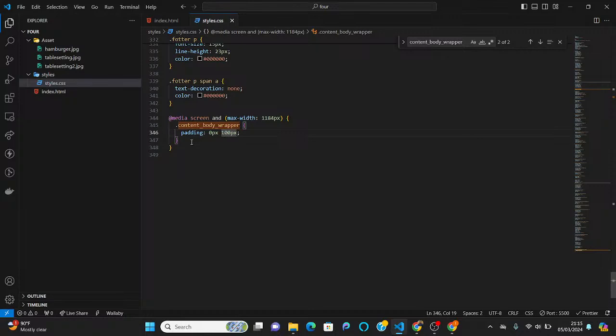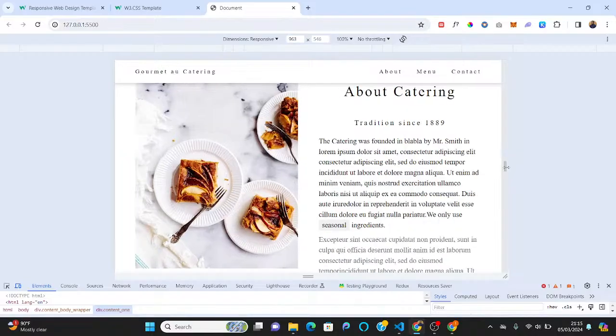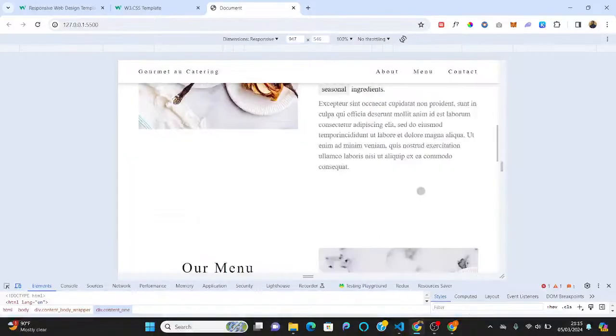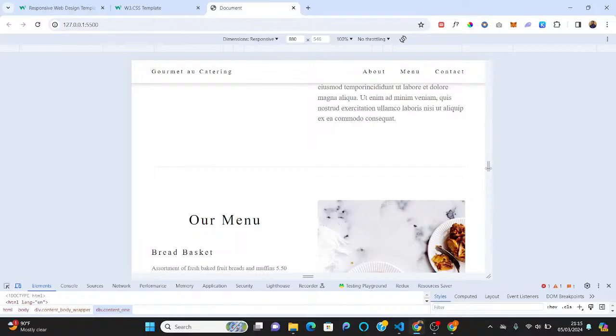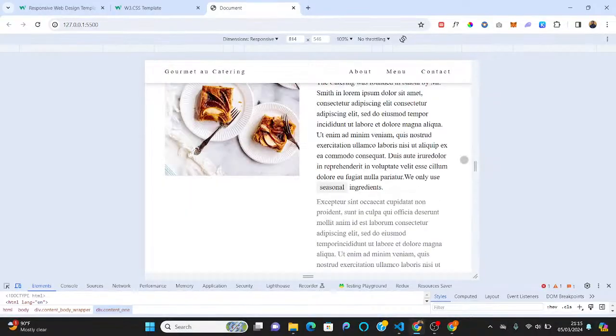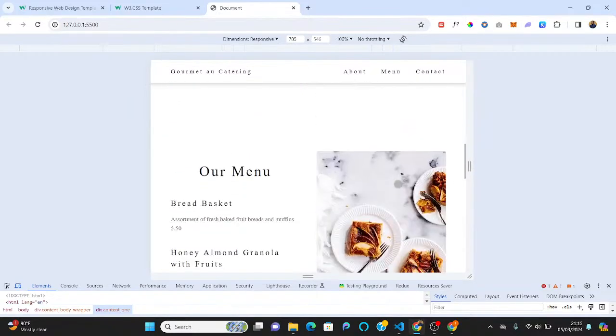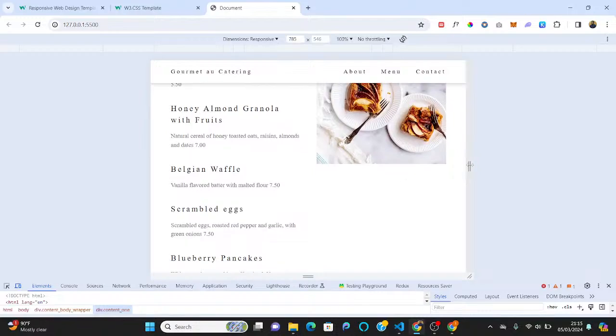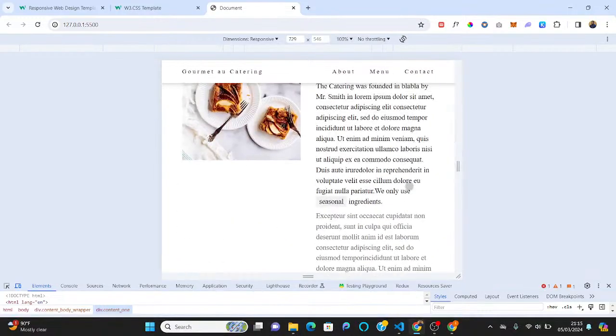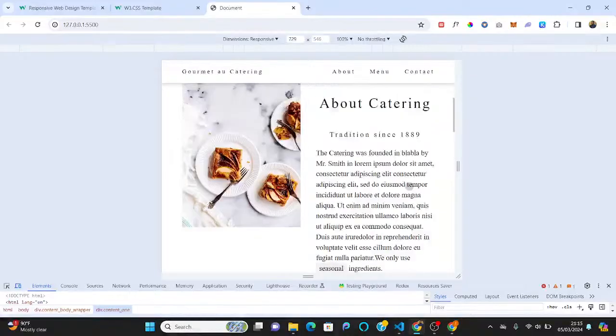970, let's see, reduce it. So I'm going to copy this and paste it, and I'll use 970 pixel. Then I'm going to reduce it to 50 pixel. So if we use that 970, yeah, this is it now. If we reduce it again, we are going to get this. So at, not at 7, at 720, we are going to